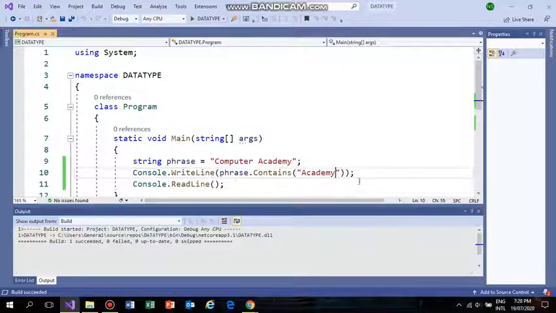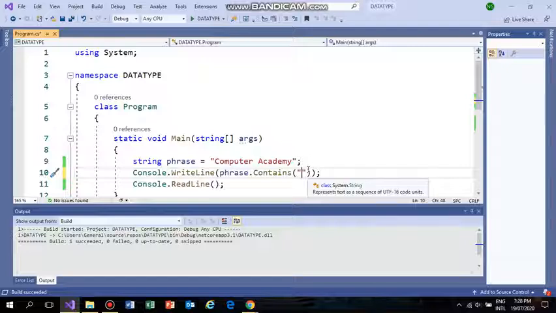For example, we already know that there are 16 letters, which we already checked with phrase.Length. Now if we write, for example, I'm deliberately writing here mango.